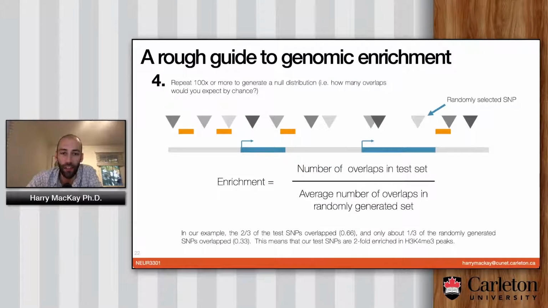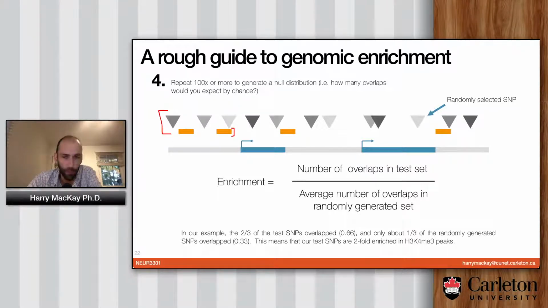You can do this many hundreds of times and get a null distribution of how many times you would expect SNPs to overlap your epigenetic feature by chance. Because again, random sets indicate the chance distribution, or what you would expect if things were happening randomly. And so in this context,